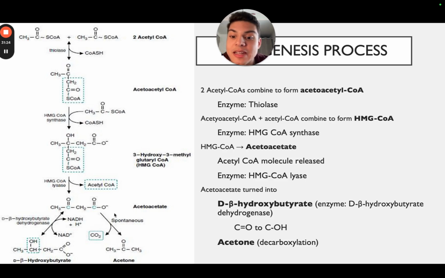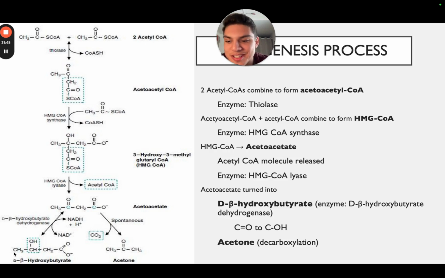And then what ends up happening is acetoacetate can spontaneously break down into acetone, and we know acetone is very toxic to our blood. It results in toxicity in the blood in terms of acidification, all that stuff. So it's bad for our body to solely rely on acetoacetate. Now, secondly, it can also be converted into